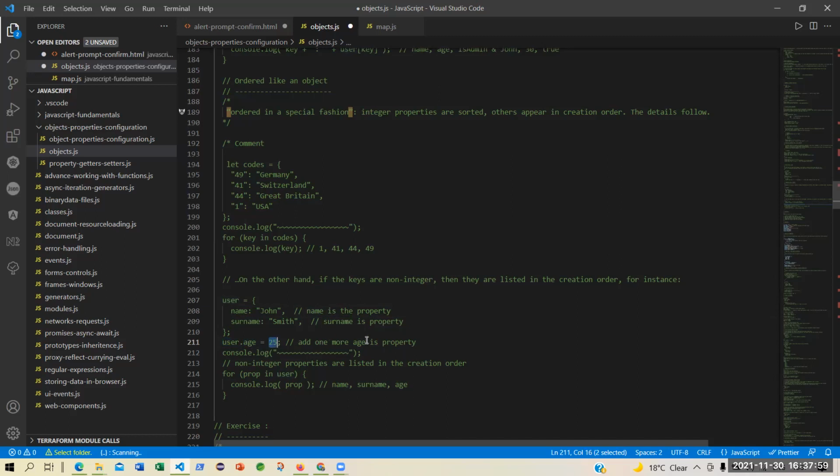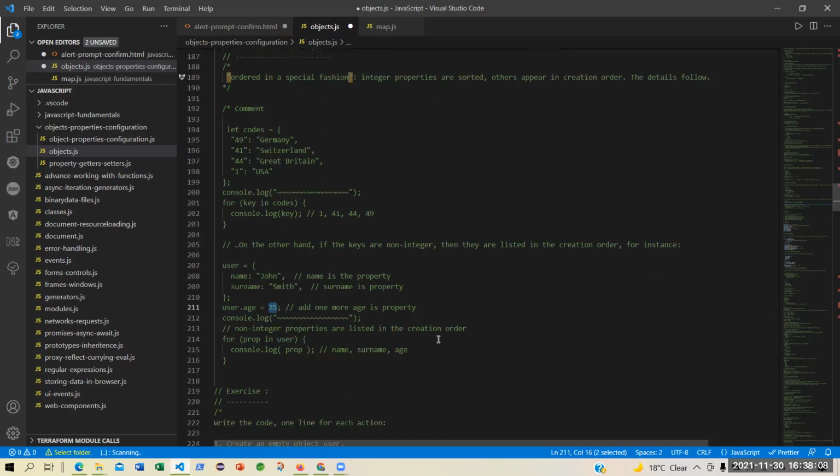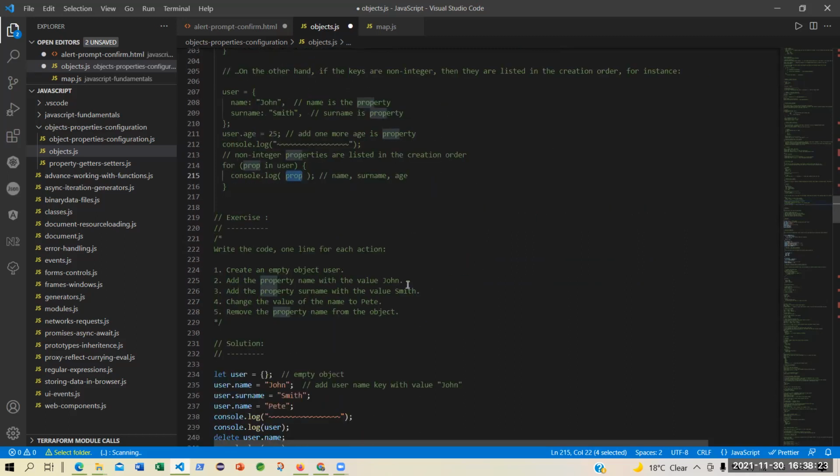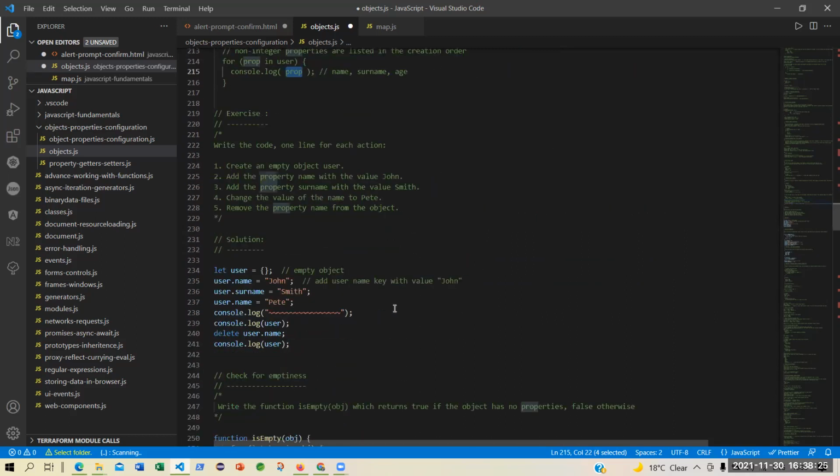It should work. I don't know why it is not working. So you are adding one more property, and then you are looping through it with a for in loop, and you are printing it on the output. Fine. Then you have done the exercise.